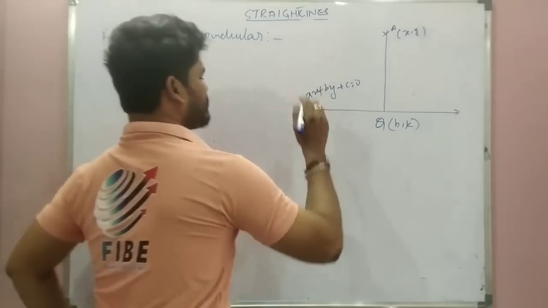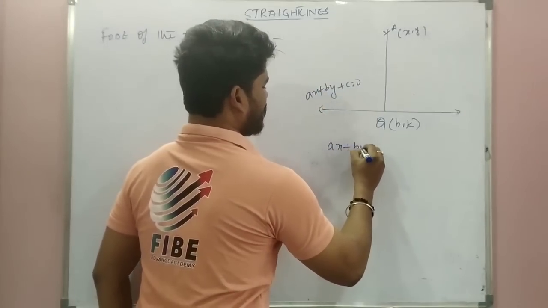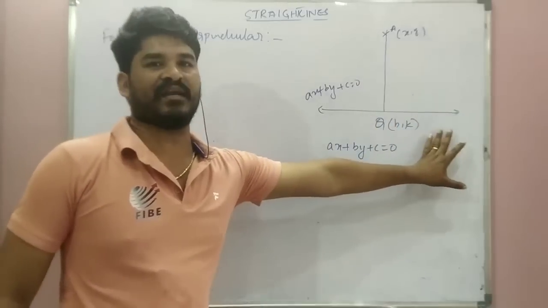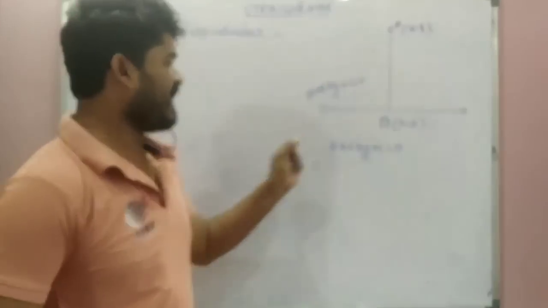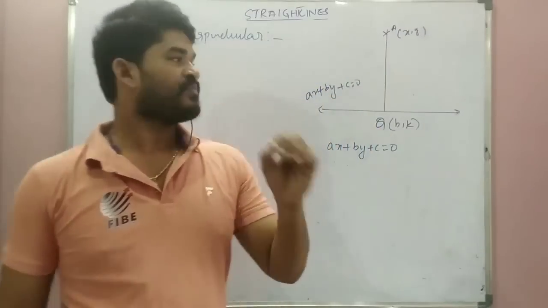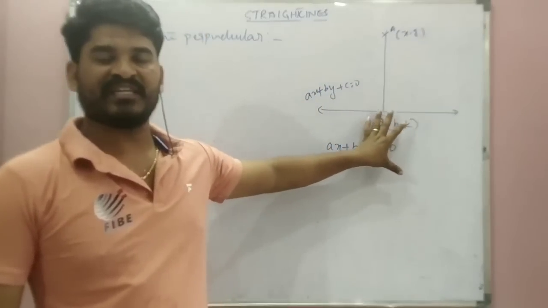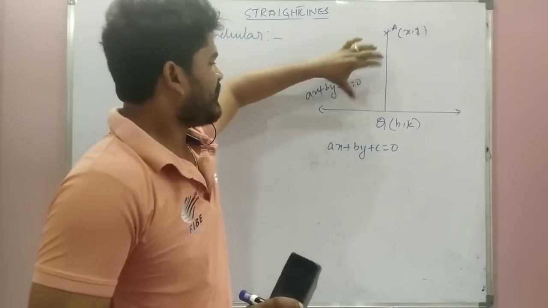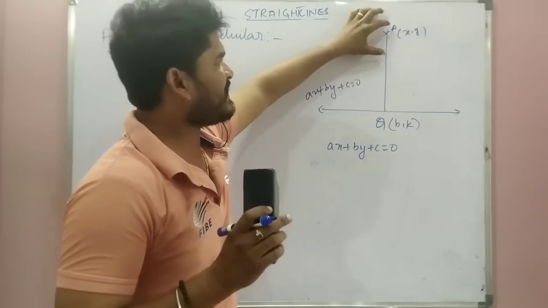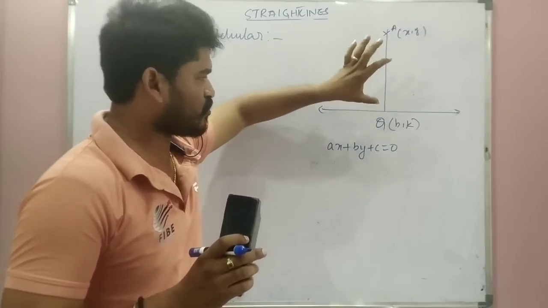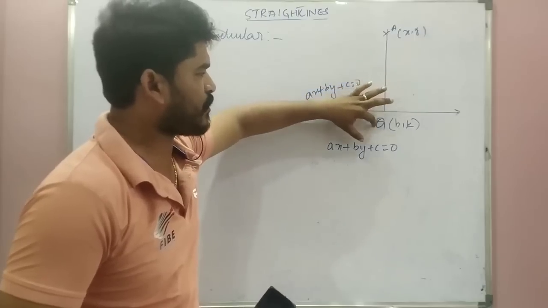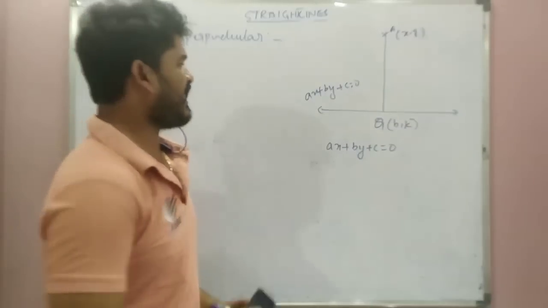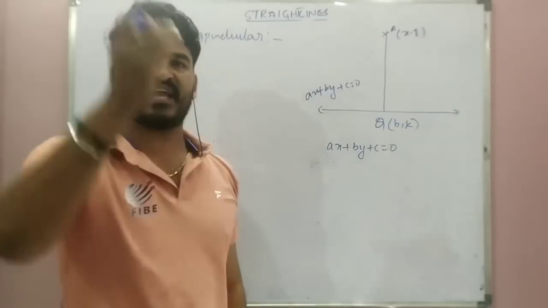From this, ax plus by plus c equal to 0 is the equation of the straight line. But here there is the point Q(h, k). Do you not understand? Listen, it is very simple, very easy. Here, this is a straight line, and from the point (x1, y1) we draw a perpendicular to the straight line. This intersection point is Q(h, k). This point Q is the foot of the perpendicular from the point. The point Q(h, k) is lying on the straight line.